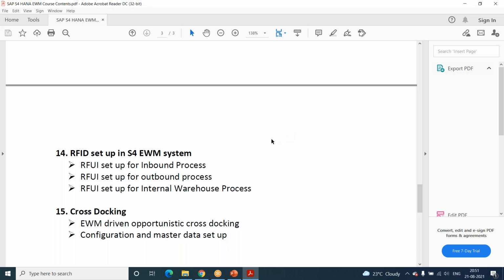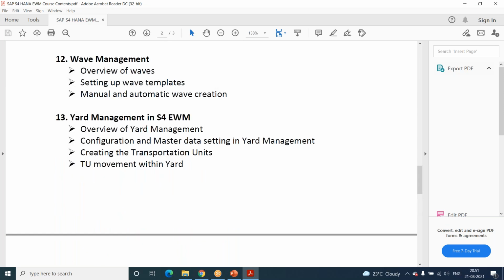Yes, because EWM as a standalone we cannot do, right? Correct. It is the inbound process when we create the purchase order, inbound delivery, and that will go into the EWM, and we will do the goods receipt side. From the outbound, we have the sales order, outbound delivery, and that will go into EWM, and we will cover the outbound side. So whatever we are posting, that will be coming back in the ERP and updating the inbound and outbound deliveries.